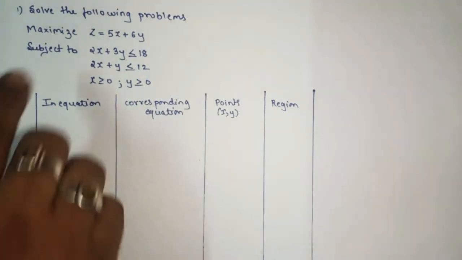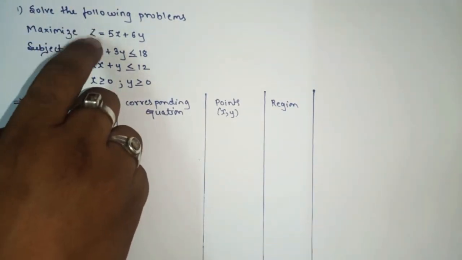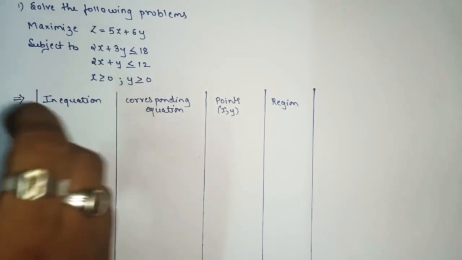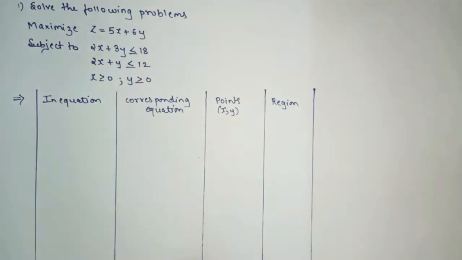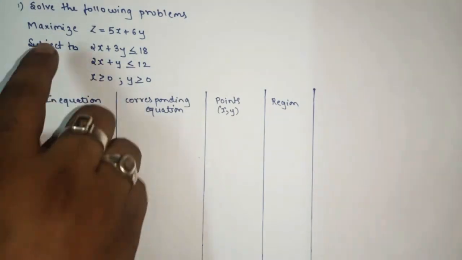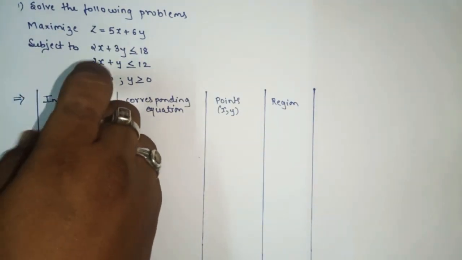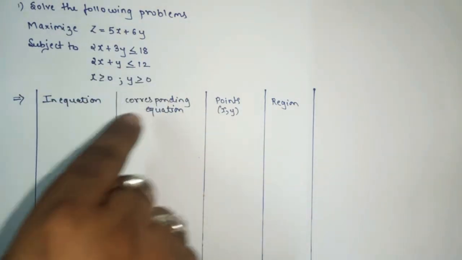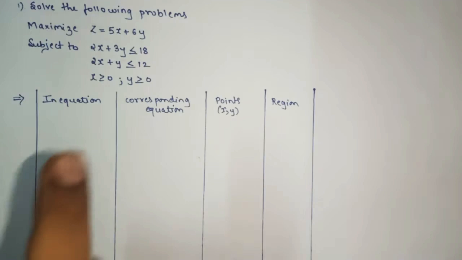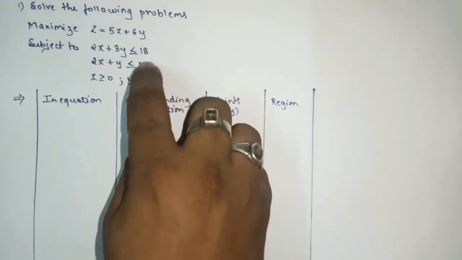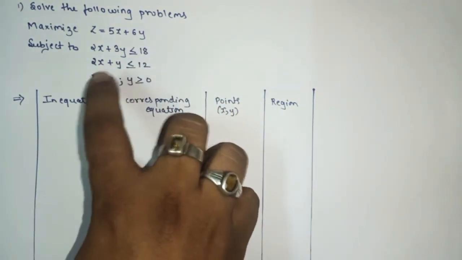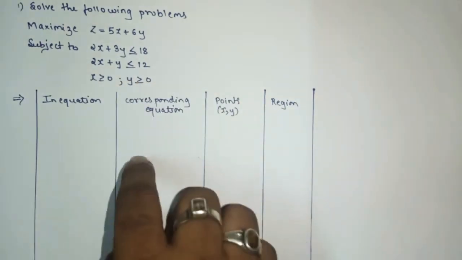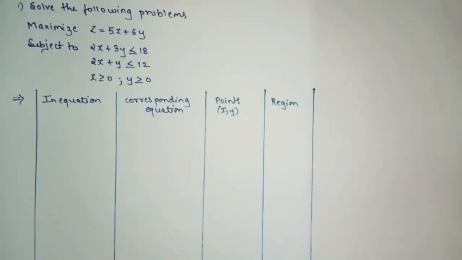And which value do we have to consider at the end? That is the maximum value, a bigger value. Maximum means bigger value. So now, subject to means what? Here we have some linear equations. Now how many linear equations are there? You will say 2. And what about this? These are the conditions, which say that we have to consider only the first quadrant.